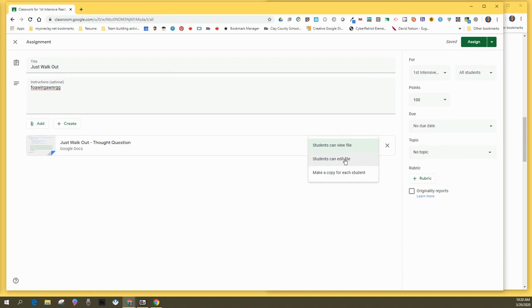So let's talk about the edit piece. You can only imagine if you actually created this document in Google Docs and you said all students can edit this file, everybody would be typing on top of each other, big old mess. But you could go down, or you should go down in this case, and click Make a Copy for Each